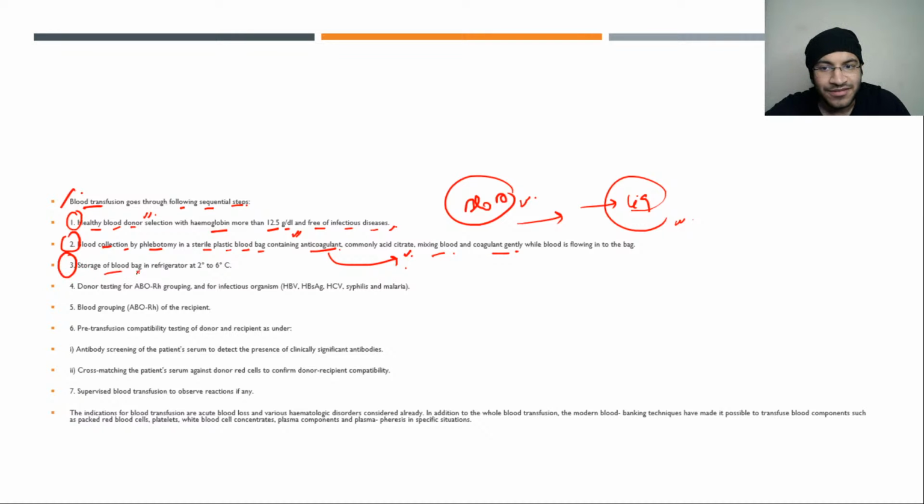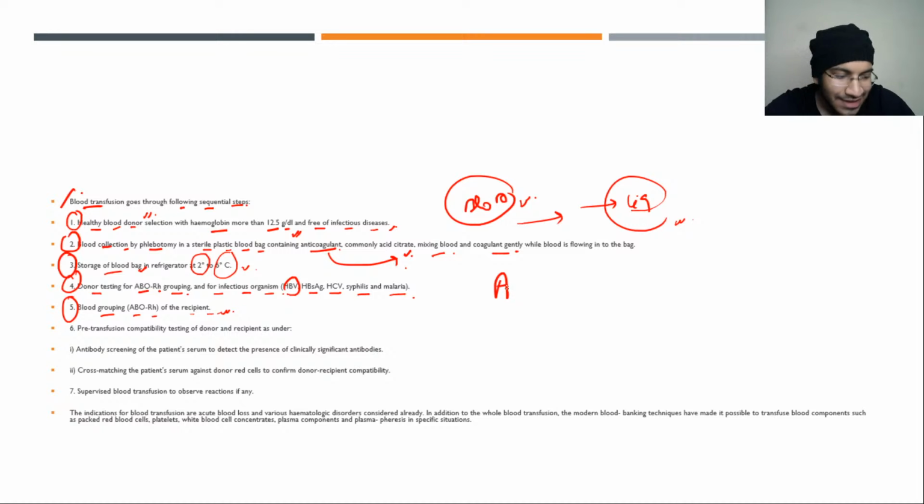Then the storage of the blood. So this blood bag is stored in the refrigerator at 2 degree to 6 degree Celsius. Then donor testing. So donor is tested for the ABO Rh grouping and for the infectious organisms HBV, HBsAg, HCV, syphilis and malaria. Then blood grouping, ABO Rh system of the recipient is obtained, और अगर वो compatible होता है,